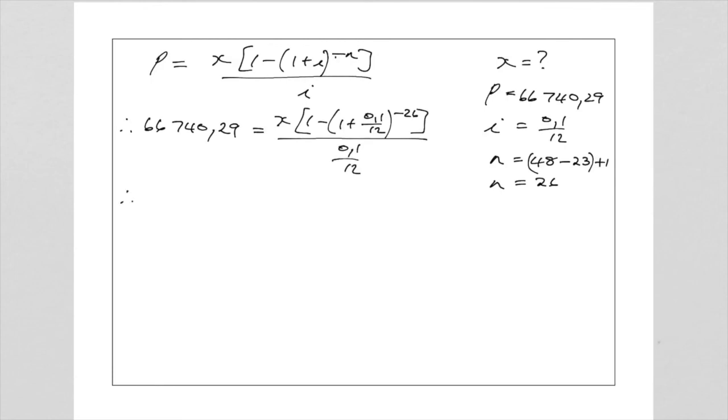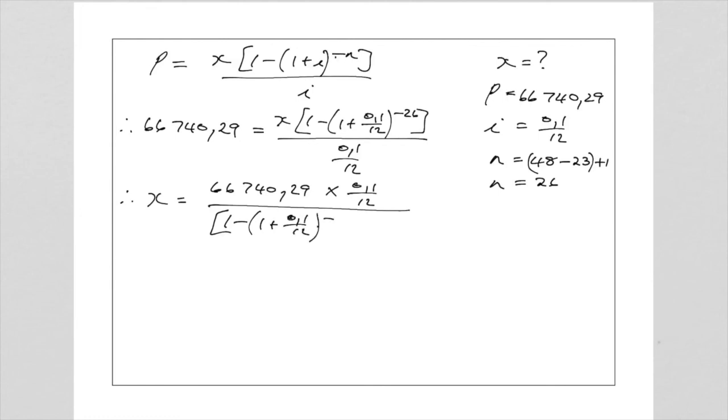Now, we've done it a couple of times already to solve for X. So we say X is equal to 66,740.29. We multiply by the denominator and we divide with that whole fraction, 1 plus 0.1 over 12 to the exponent of minus 26. All right, now we use our calculator and please check your answer against mine. My answer,